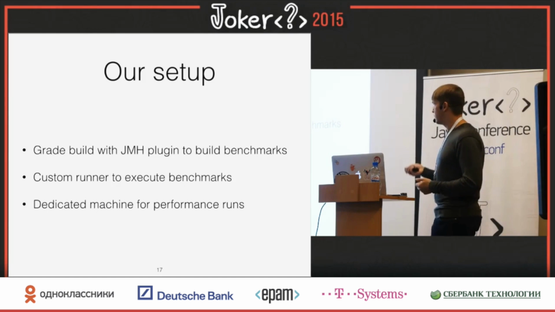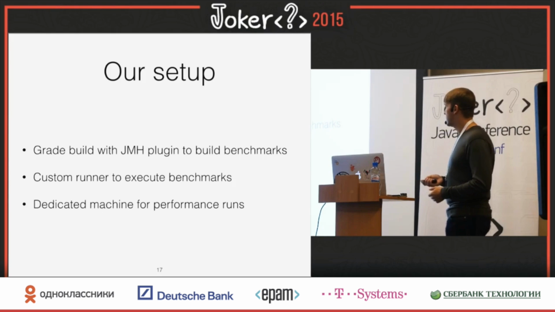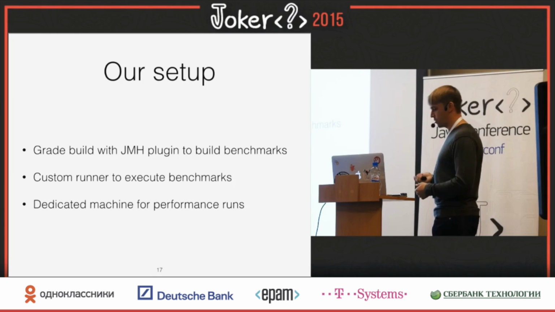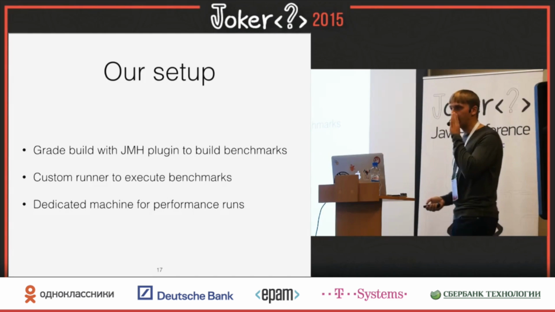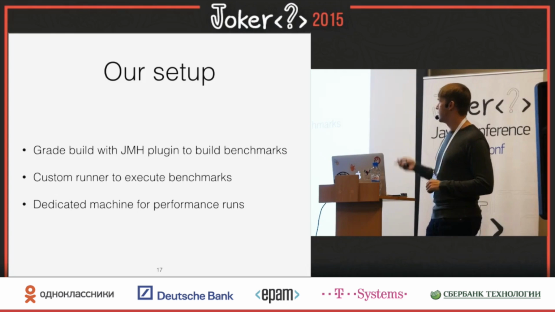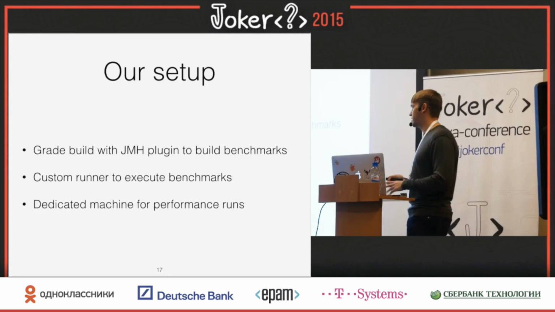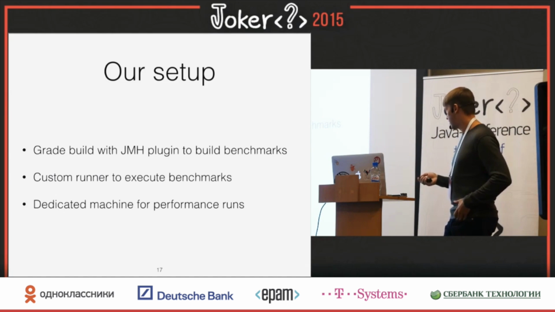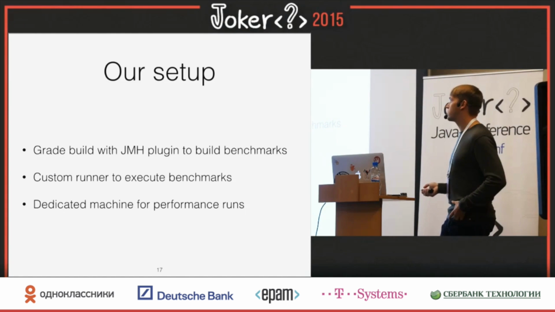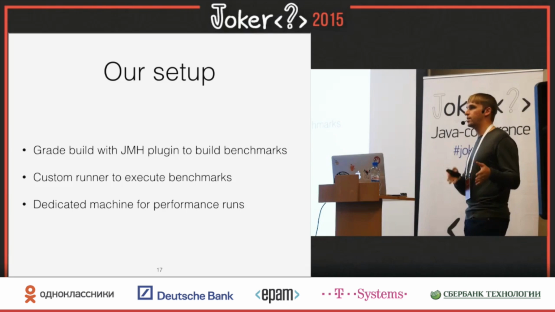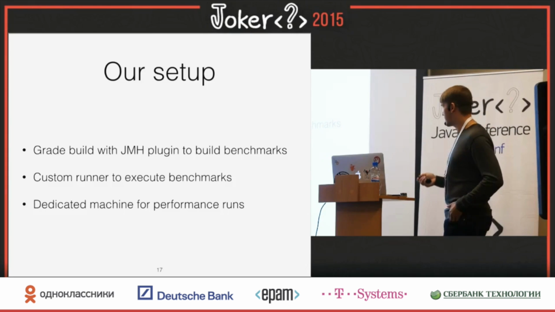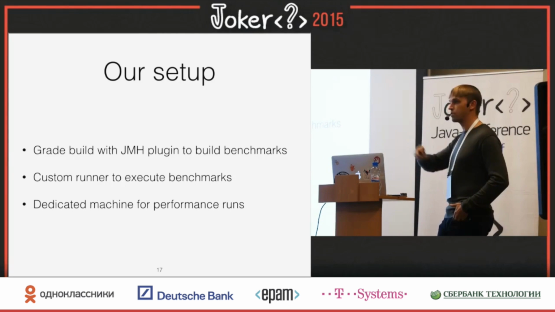So the same as in Maven, we use Gradle. We have a Gradle plugin. I'll show you in a second about that. We also use a custom runner. I will show the code and explain why we do it. And the most important thing, we have a performance environment. In our case, it's a single machine, but nevertheless, we are isolated from all the effects, from the network effects, from the database effects, etc. We have it all in one box, and that's not the most realistic thing, for instance, when you have the database and the server on the same machine, but at the very least, it gives you isolation, so you can compare the previous run with the new run.